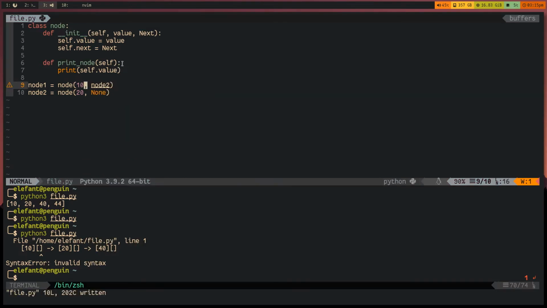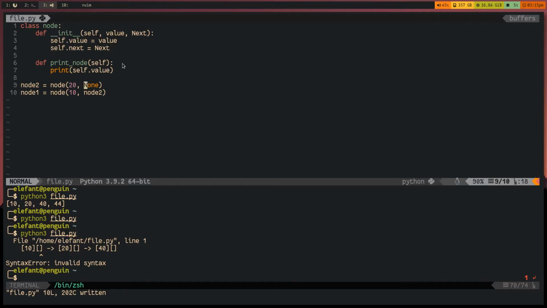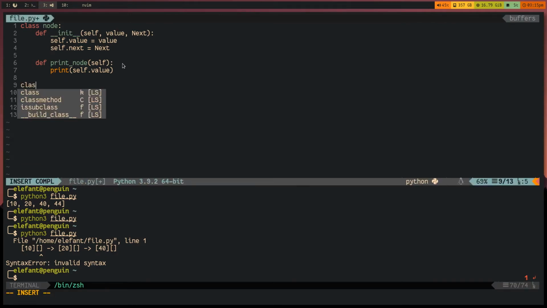This is what a linked list is. It's basically a connection between objects. If we visualize this, it's actually 10, which connects to node 20, like this. That's basically what this is. But it's pretty hard to just manually add them and just add none and node 2 if we want that. That's kind of complicated. So instead of doing that, we'll create a new class called linked list,